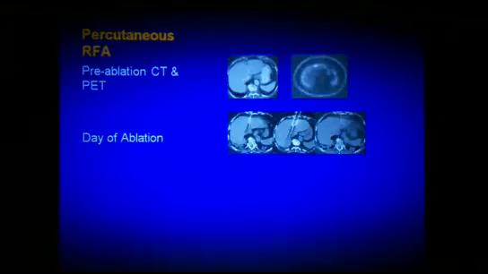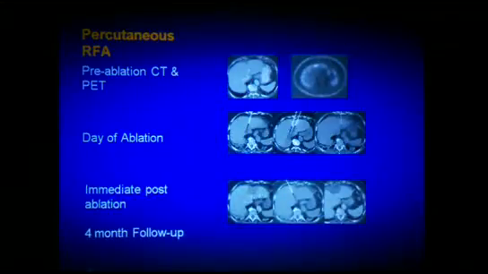And there's another area here at the top of your screen. There's a CT and a PET scan that show a focal isolated liver lesion. On the day of the ablation, several electrodes were put into the lesion. If you're unsure of the area that you are ablating, after we look at coronal, sagittal, and axial images, if you're not sure that you got 1 centimeter around the tumor for a complete ablation,